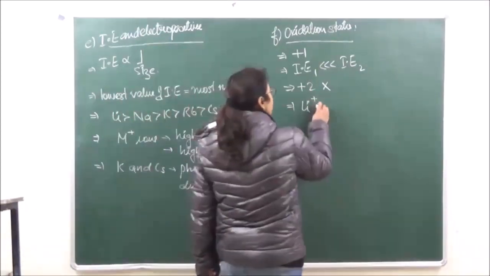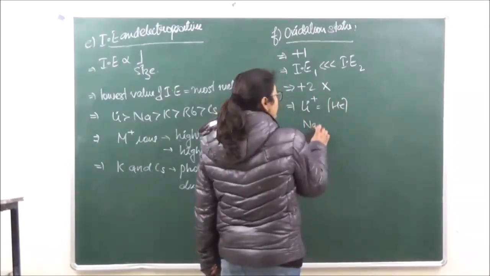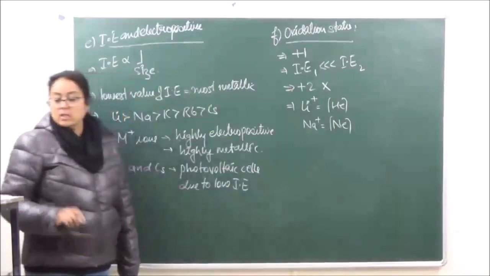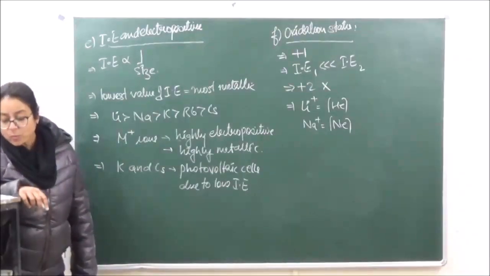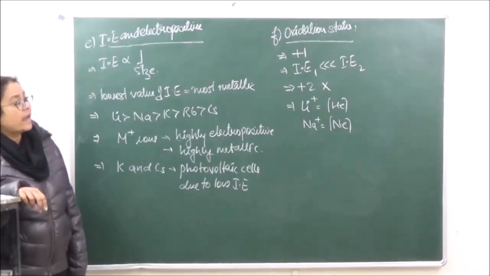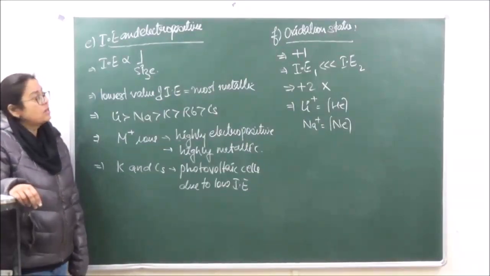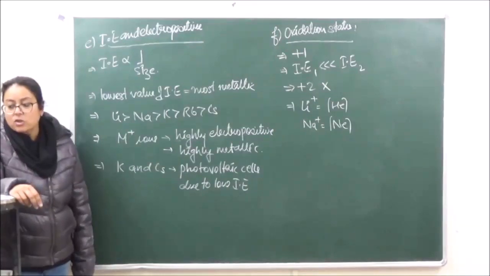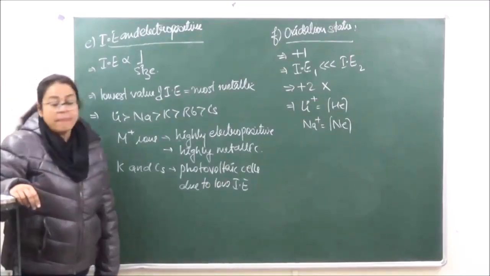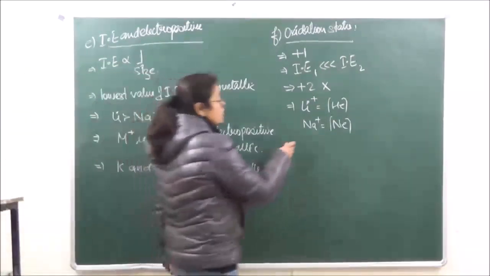For example, if you are talking of lithium, it has the electronic configuration of helium. If we are talking of sodium, it has the electronic configuration of neon, and so on, right? Now, the energy required to pull out the second electron, as I just told you, is going to be very, very high. So the +2 oxidation state is not possible in case of alkali metals. Over here, the electronic configuration of the unipositive ion is similar to those of inert gases. They have no unpaired electrons at all.